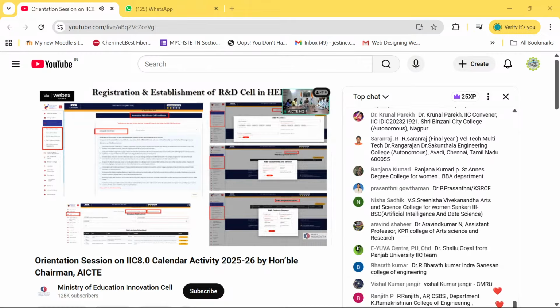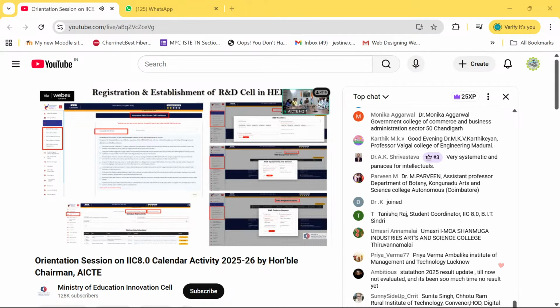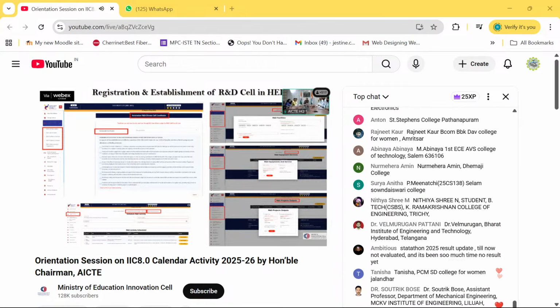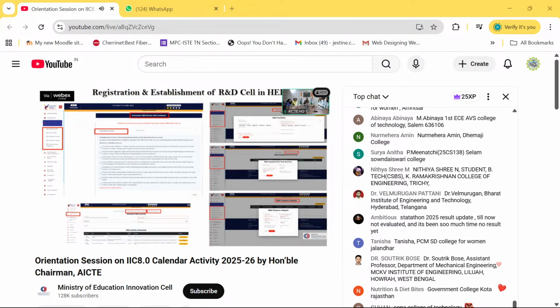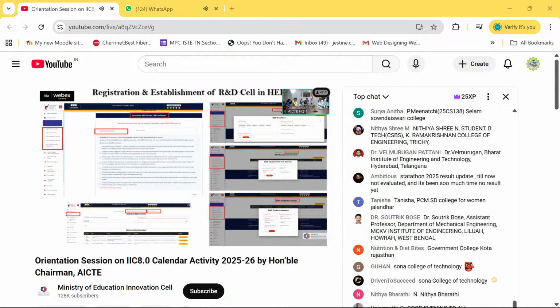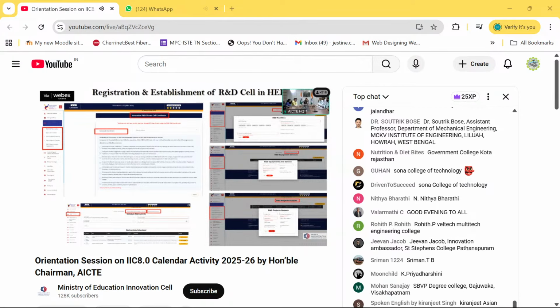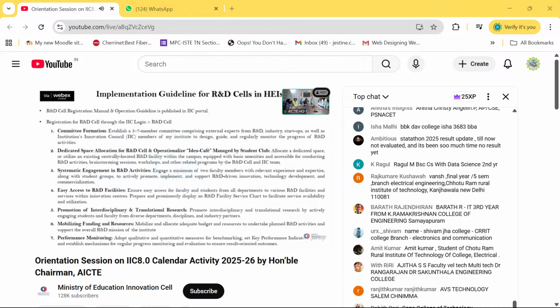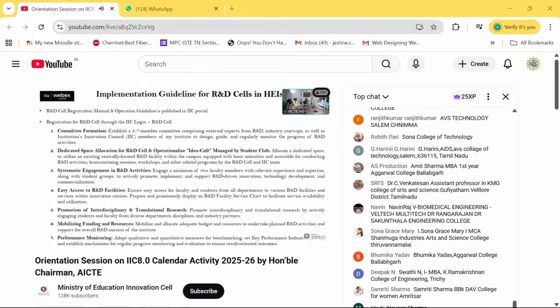And also this R&D cell tab has another feature called collaboration opportunities with industry bodies. So all these features are already part of the R&D cell tab, and we will organize a special session to demonstrate all these features later. And the commitments or the consents we are expecting from each R&D cell or each IIC